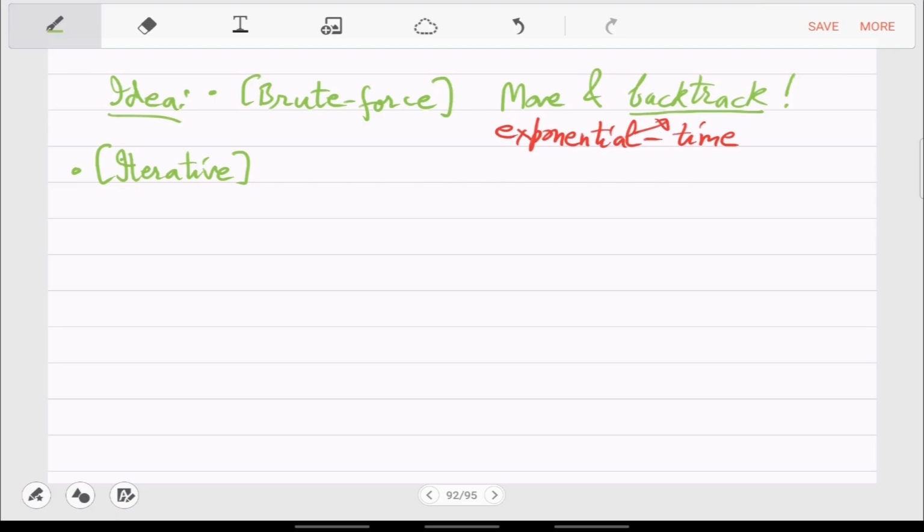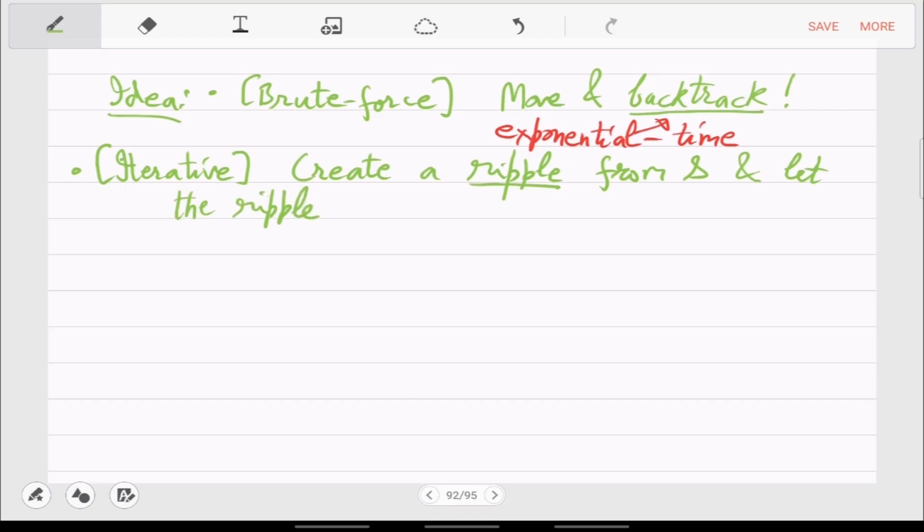So here what you can do is create a ripple from S, and let the ripple move forward incrementally.